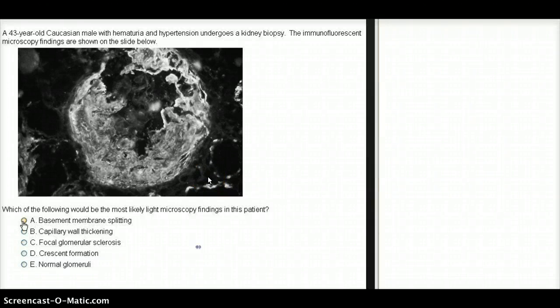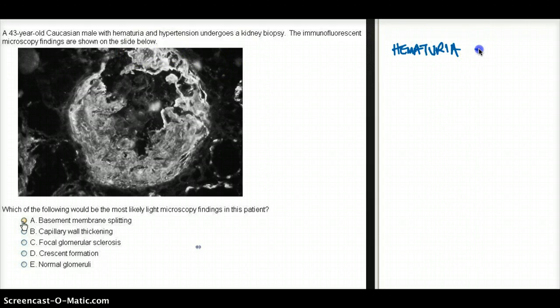This question deals with a 43-year-old Caucasian male with hematuria and hypertension, who undergoes a kidney biopsy. The immunofluorescent microscopy findings are shown on the slide below. So we see a 43-year-old male with hematuria, so that's our first finding, hematuria